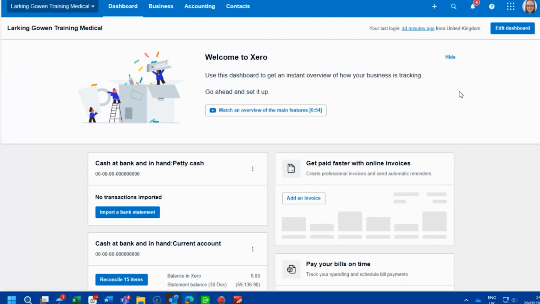Hello, today we would like to look at how you post GMS statements in your cloud software. I'll be looking at Xero and talking to you through the steps on how to do this. I have a demo company set up here and I'll just talk to you through a few things that I've